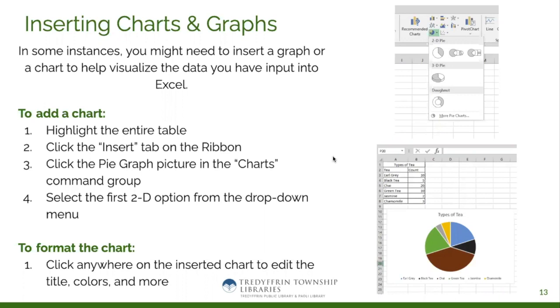So once you've built in your table, you're going to highlight the entire table, including the title and the labels. You'll move over to the Insert tab on the ribbon, click the pie graph picture in the charts command group, and then you can select the first